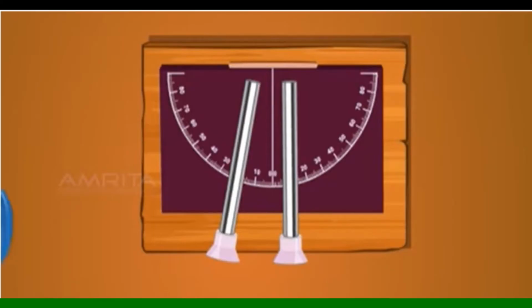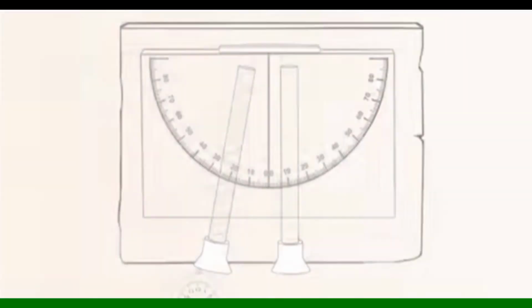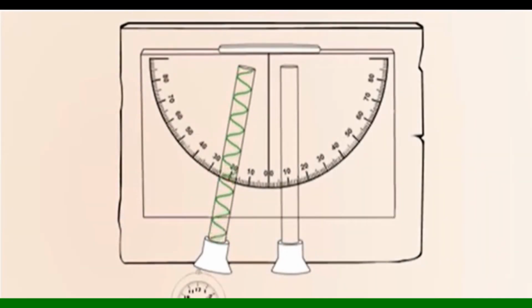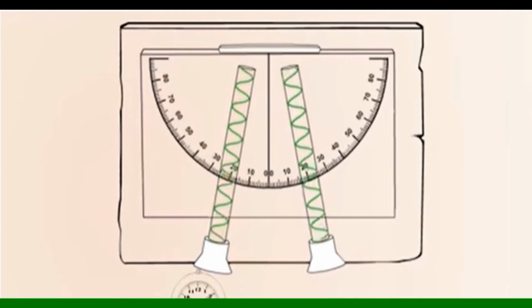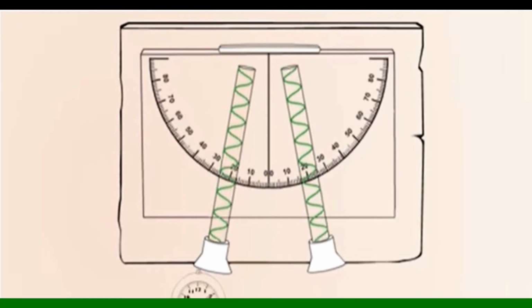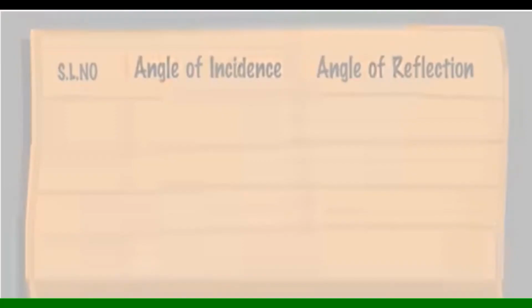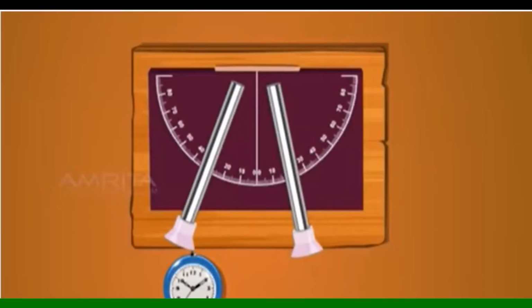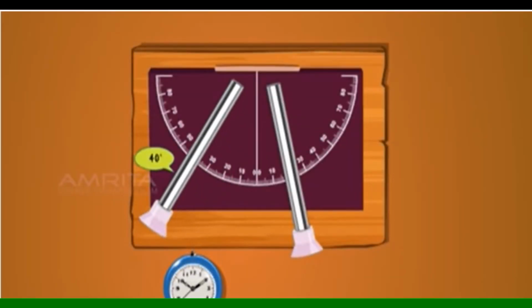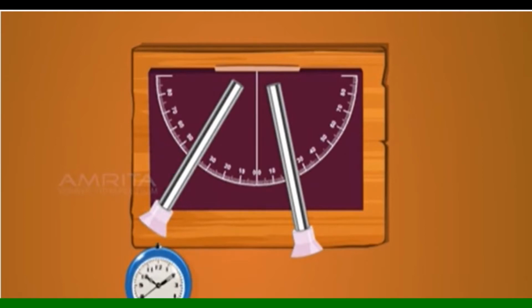So I have copied the video from YouTube to show what you have to do to identify the reflection of sound and whether it obeys the laws of reflection. So for doing this activity, you will need very simple items. So you will need two tubes. For these tubes, you can use two plastic tubes or two tubes made of cardboard. And also you will need a clock. So here you have to hear the sound of the moving arms in the clock using these two tubes.